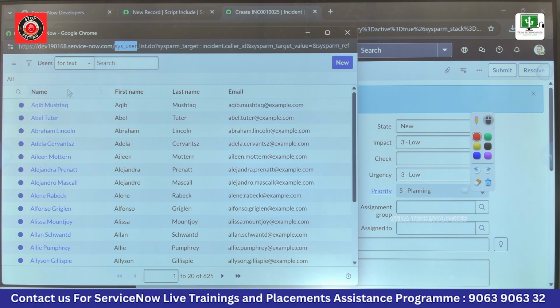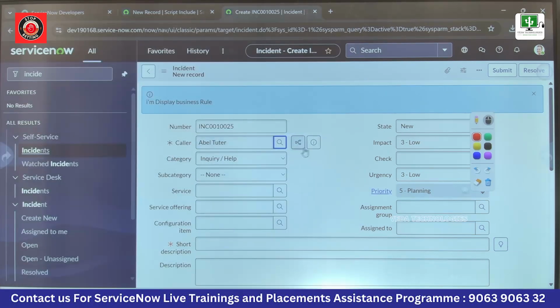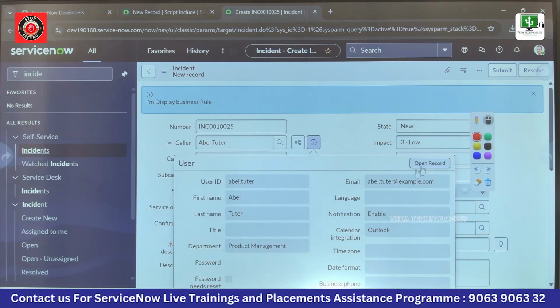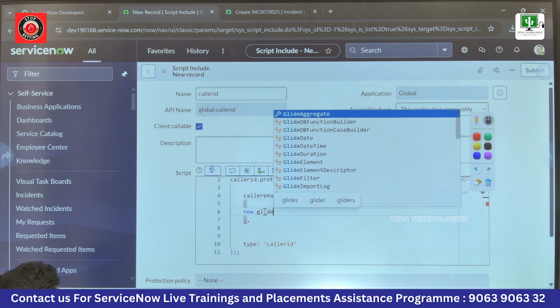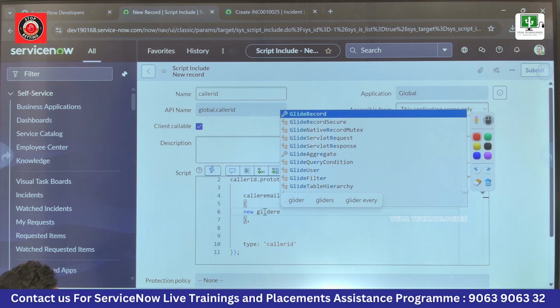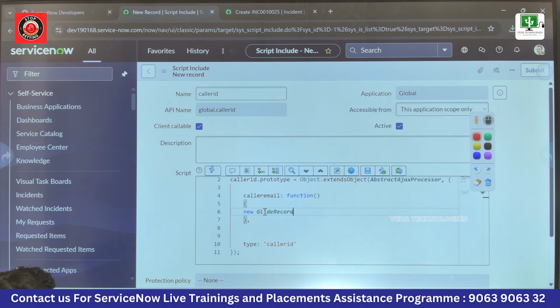Maybe I will be using the GlideRecord of this table. Then I will search with one of the caller fields, then get the email of it. For that, I need to write it. You just observe. So here I will be creating the interface, new GlideRecord. Record of which table? We are querying on